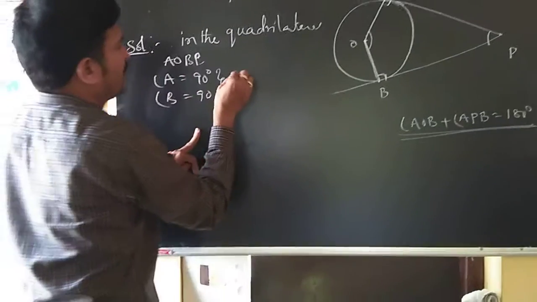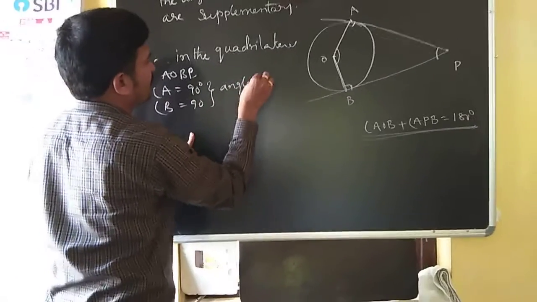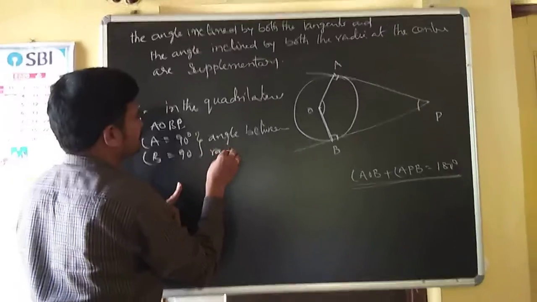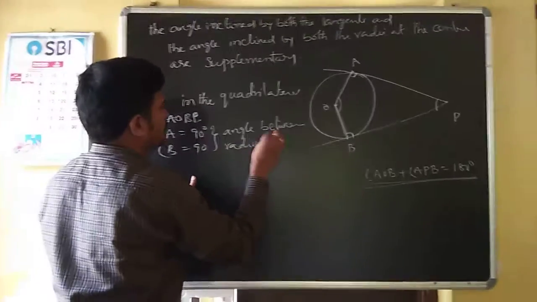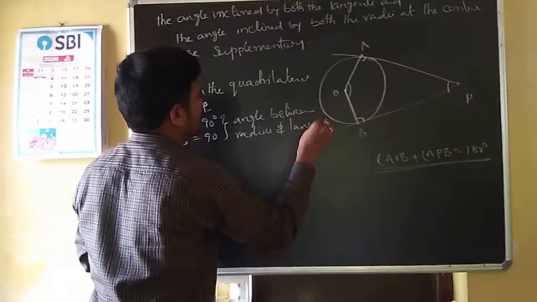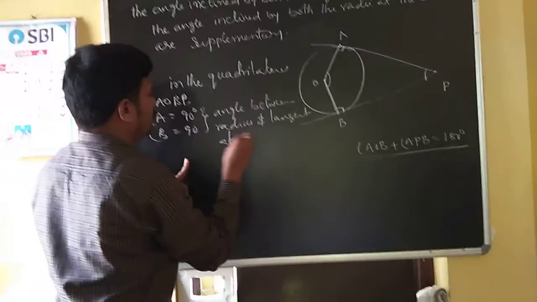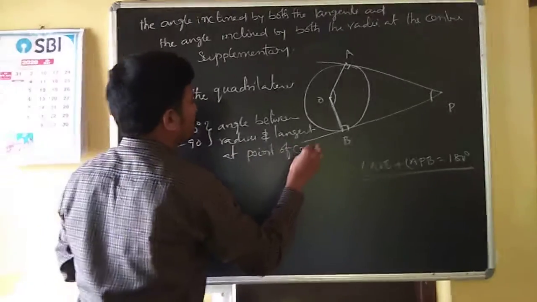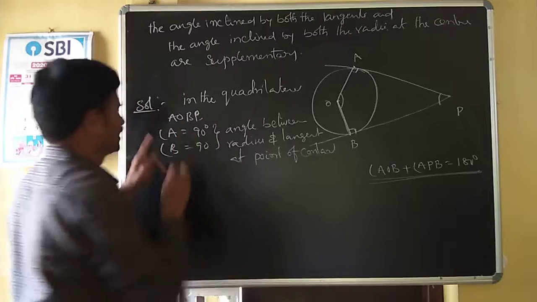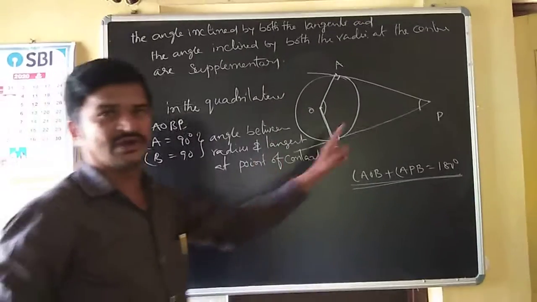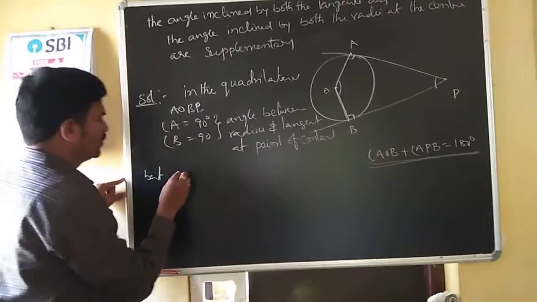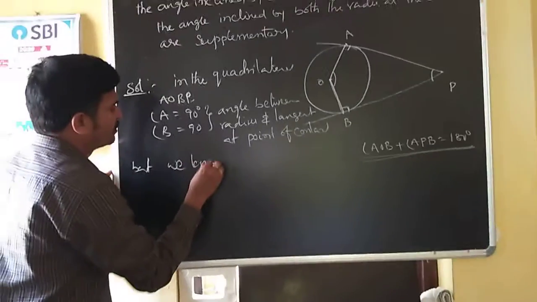So the angle between radius and tangent at the point of contact is a right angle. So angle A and angle B are right angles. So that, but we know what is the sum